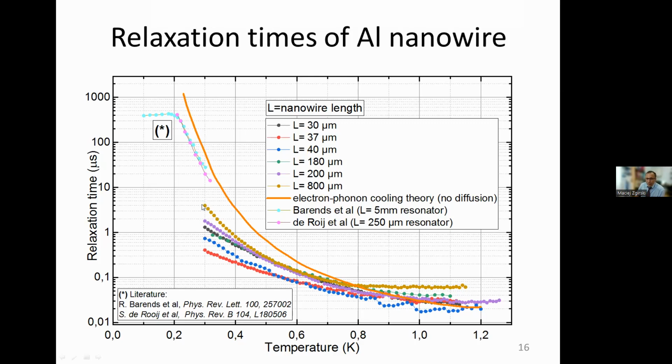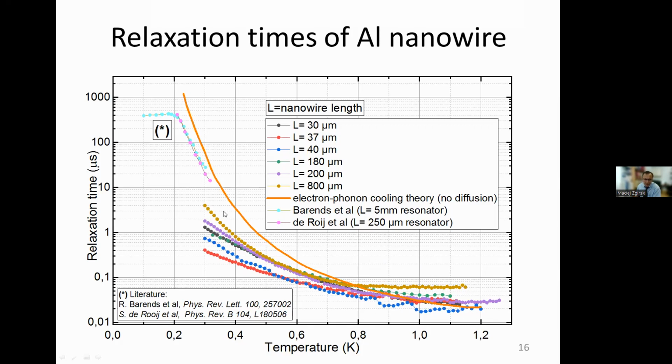And this is perhaps due to hot electron diffusion playing a role. But at the higher temperatures, we may say that all of them show very similar relaxation time. And here, the relaxation is dominated above 0.6 by electron-phonon coupling. I plotted here with the solid thick orange line the analytical prediction of electron-phonon coupling theory. And we see that the agreement at the highest temperatures is very good, but then